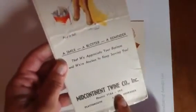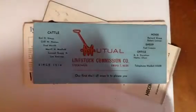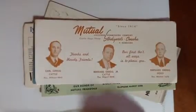And then the last thing I got was this packet of stuff for $1. And they had some really interesting items in here. Mutual Livestock Commission. And this, a twine company. I just thought the images are so beautiful. And then this, Republican for governor. I don't know if there's a date yet. 1953. And then just some little advertisements and stuff. And I thought it was a pretty excellent price for $1. I mean, a pretty great